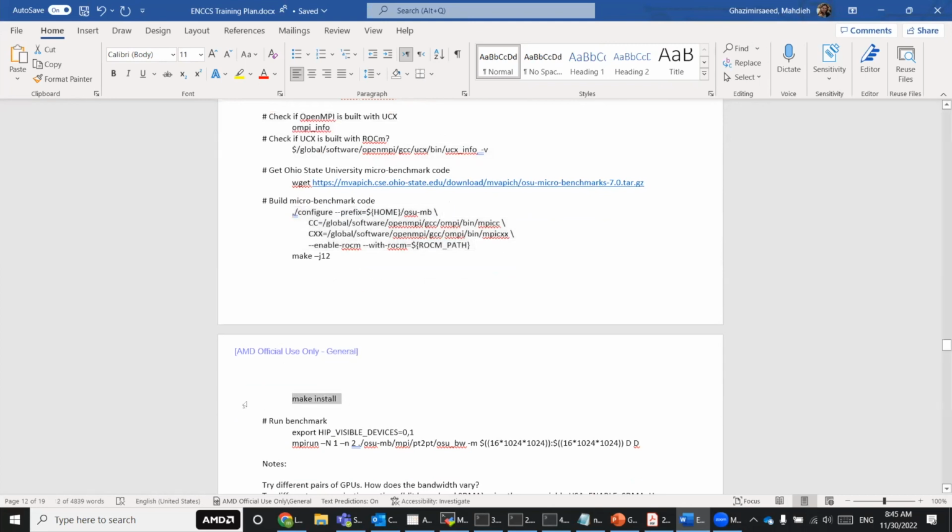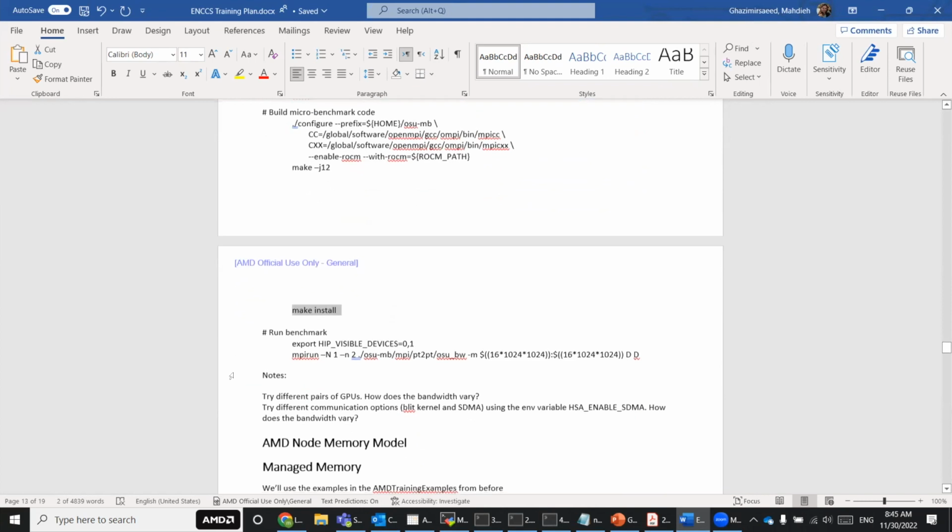You can get the benchmark from this website, and then you can configure it and compile it. After it is compiled, you can measure the bandwidth for different pairs of GCDs. For example, here we can set HIP visible devices to 0 and 1 to select GCD 0 and 1. And we want to run the test on one node with 2 ranks, and we want to run the OSU bandwidth test in point-to-point